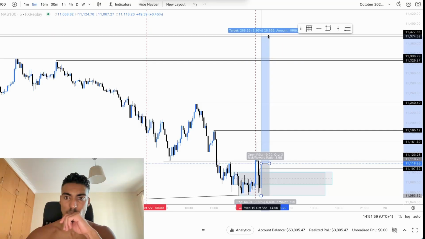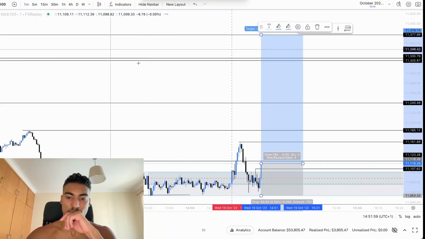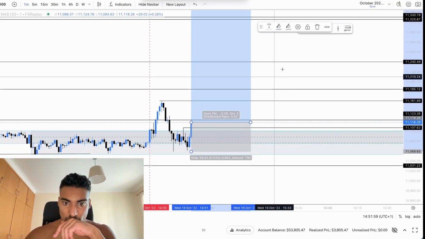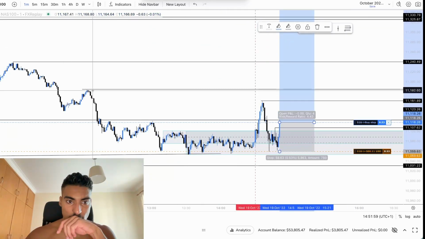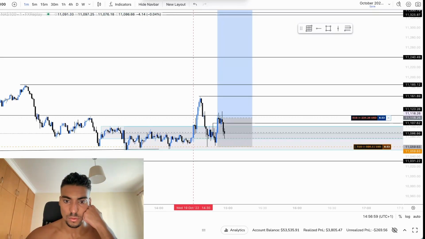Boom. Okay. So our ratio is not the best, really. Let me check. It's horrible. It's horrible with our ratio. Let's tighten up the stop loss a little bit. Maybe below these lows should be fine. Risk 1% on this. Boom. I'm going to take partials on this one. We'll go 5 minutes, whatever. And we are getting stopped out.